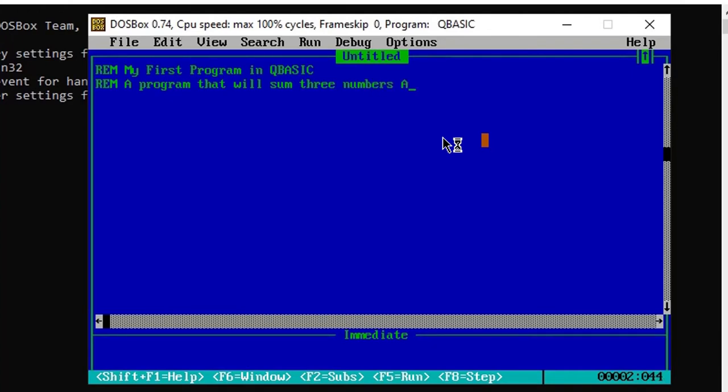A, the numbers are A, B, and C. Okay, so this is just a remark. Yeah, now going into the main program, say we have three variables there,